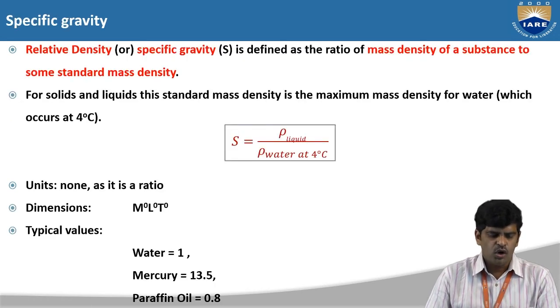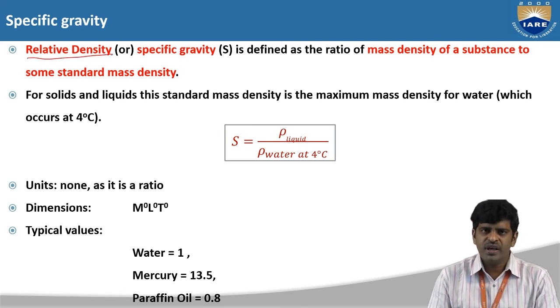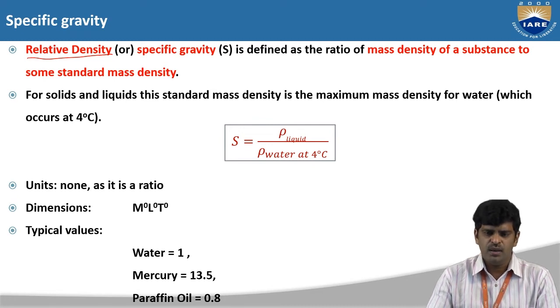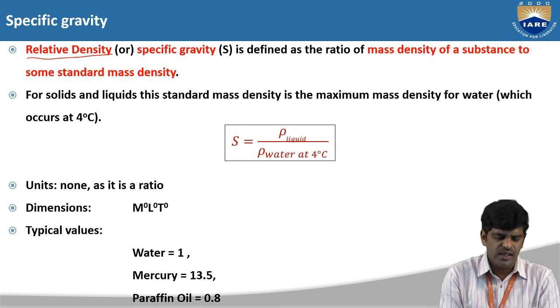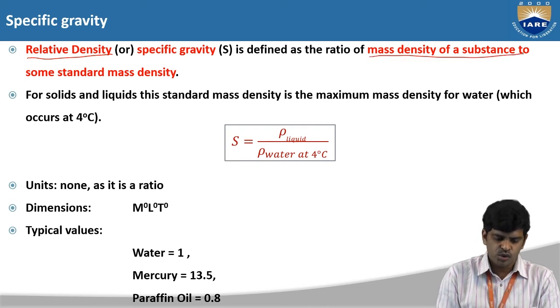Next, the combination of the mass density and the weight density can be considered as specific gravity. It is also called relative density. Here we use the term relative density because we are going to take the ratio of two densities, the density of two objects, whether in terms of mass density or weight density. Hence we call it relative density, which is defined as the ratio of the mass density of the given substance to the mass density